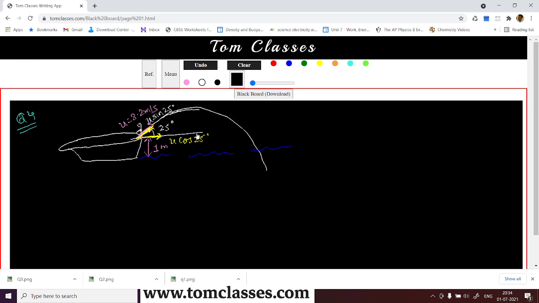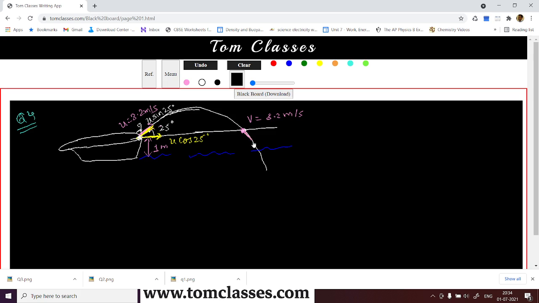So we can say that if I consider this, here if you see, conservation of energy, if you want to apply the conservation of energy, here the potential energy has become 0 because this diver has gone up, so the potential energy has to be the same. So you can say here the velocity is going to be the same, that is 3.2 meter per second. So that's what it is.